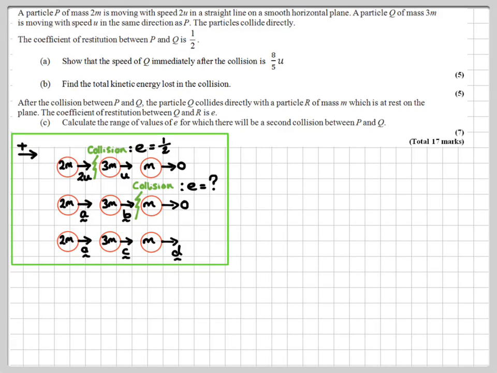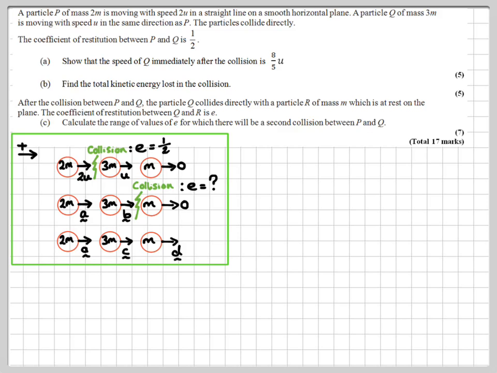For a question like this, a good diagram is of vital importance, so spend a minute or two looking at the diagram that I've got in the green box. Most of my diagrams look very similar to this when I'm solving a problem involving momentum and restitution. Just to go through it very quickly, on the first line you see the initial conditions: